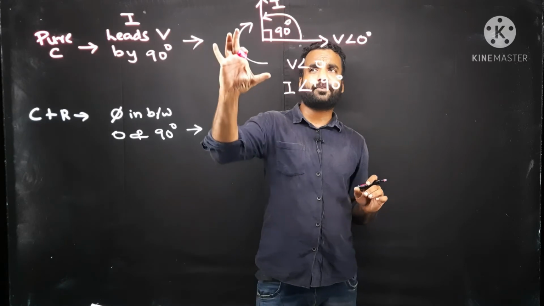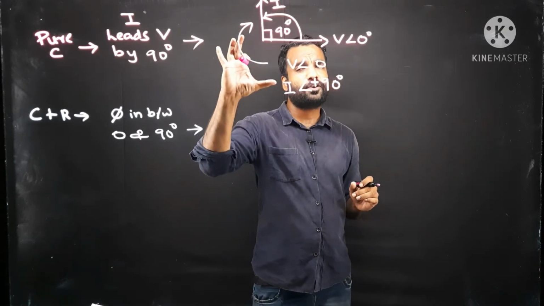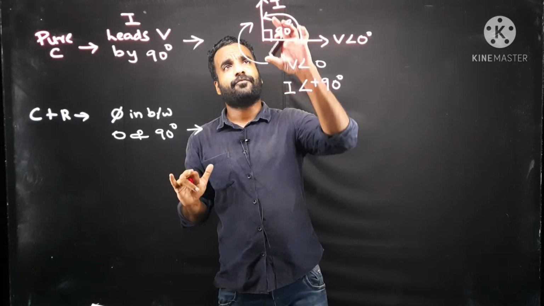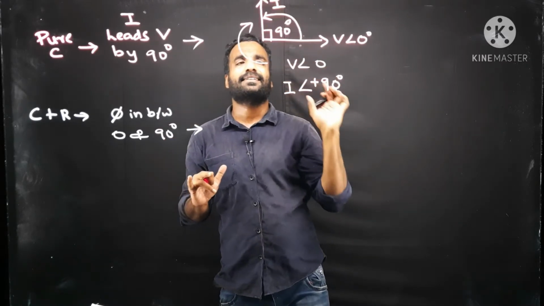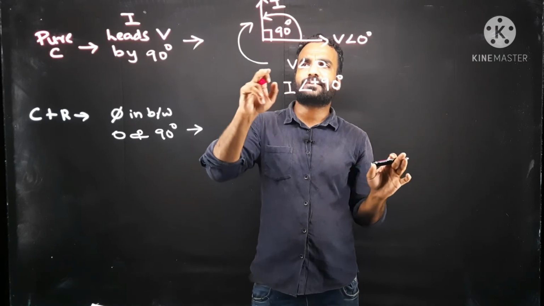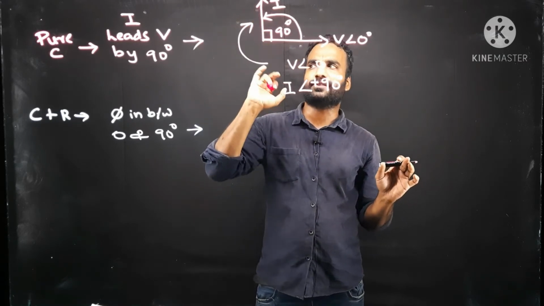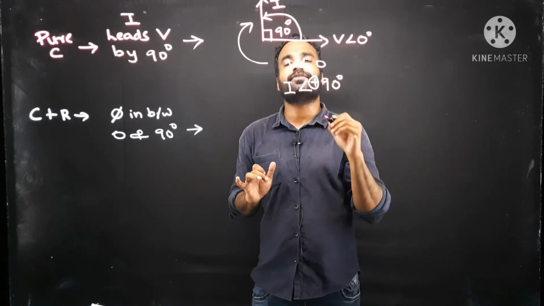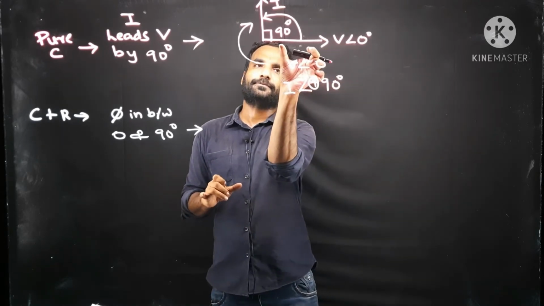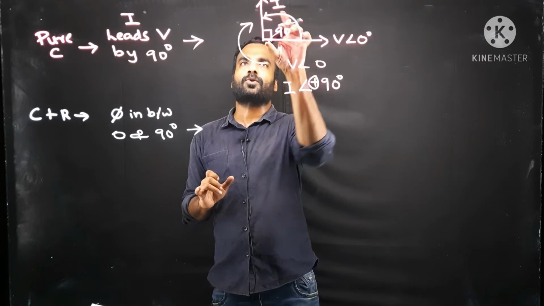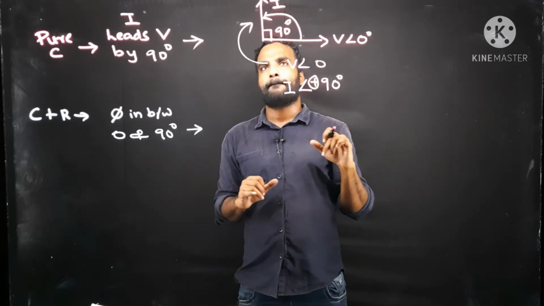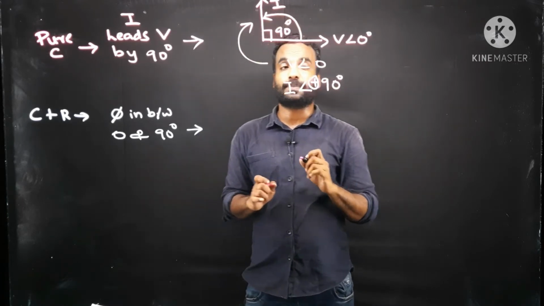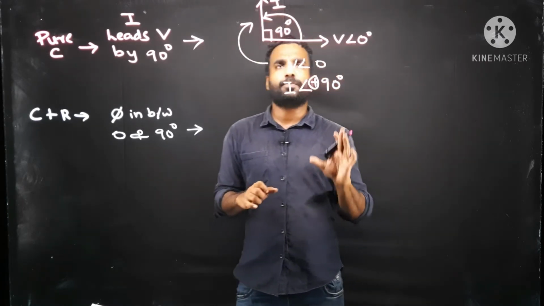Then what is the concept of this arrow mark? This arrow mark is a clockwise arrow mark, and the quantity you see earlier is the leading quantity. In this clockwise arrow mark you are seeing current earlier, so current leads voltage by 90 degree. And this plus that we are marking is with respect to voltage. With respect to voltage, it is anti-clockwise, so you can use plus 90. So I hope this is clear.